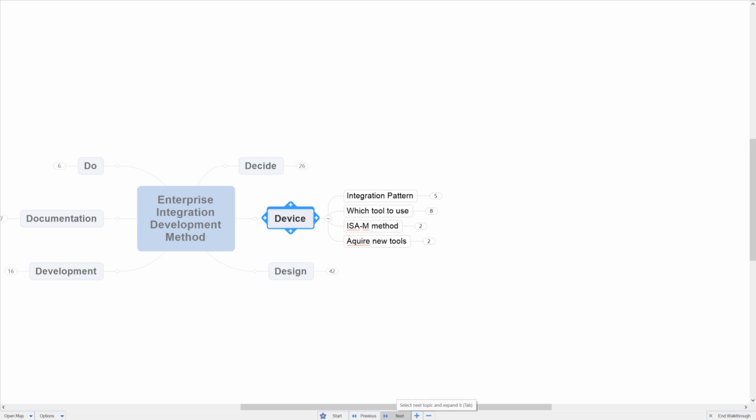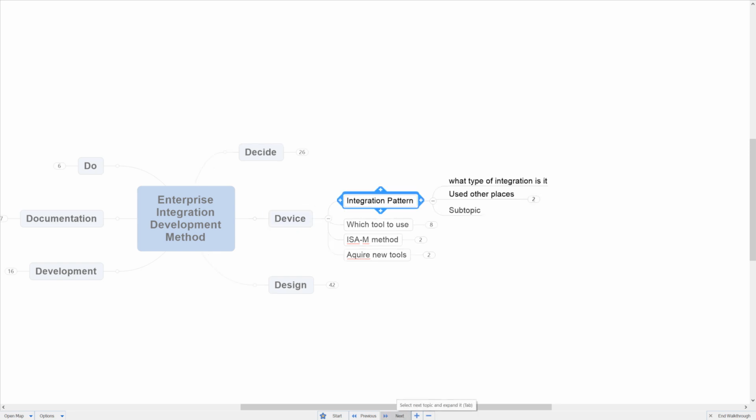If we look at device, so device would probably more be tool. Or what are the systems that you want to integrate with this. So here, the main thing you want to figure out is what is the integration pattern that is being presented here. So what type of integration is this? Is this an API call? Is this a message transaction, or whatever is going on? And then you want to be able to find